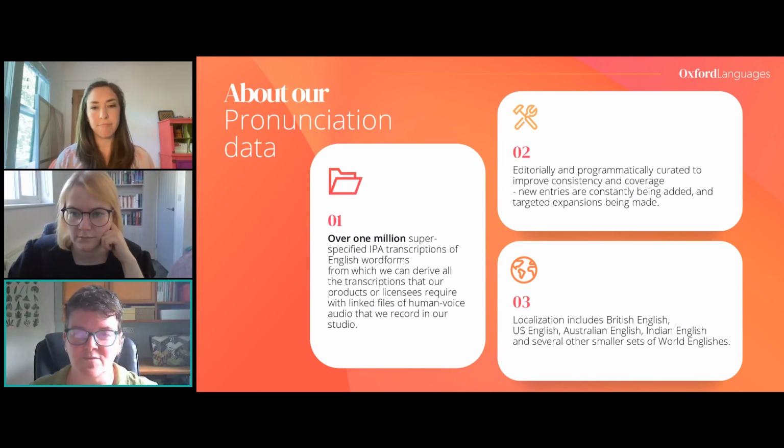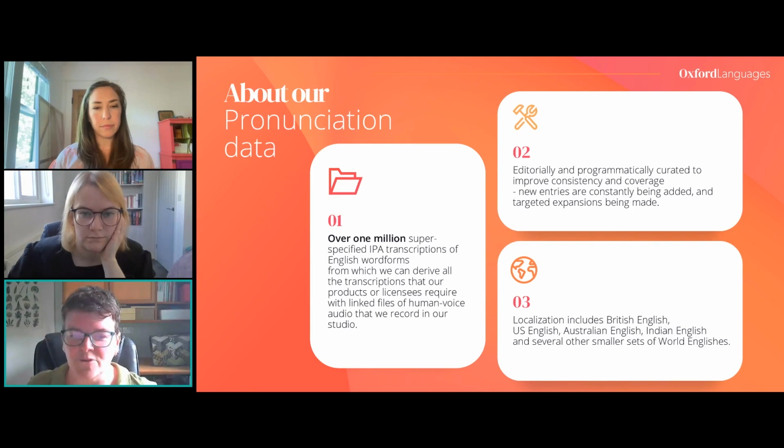And so that was one of the drivers for saying, what about if we used IPA transcriptions that are super specified, that have all of the possible things that a transcription might want, and then from that super specified version, which is what we store centrally, which is the point of truth for all of the pronunciations, we can then generate the pronunciations that are wanted for different products.